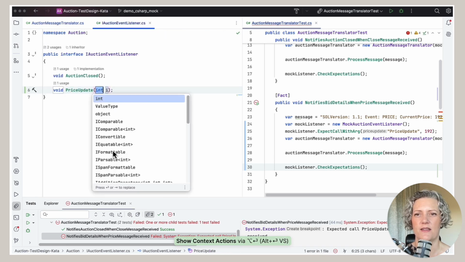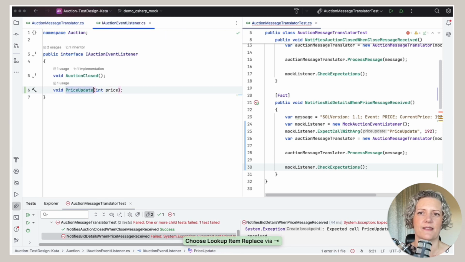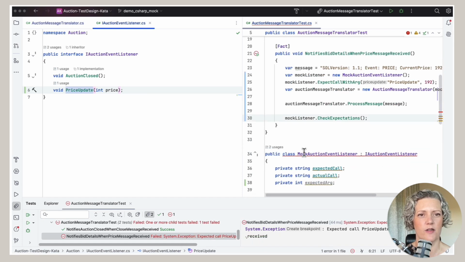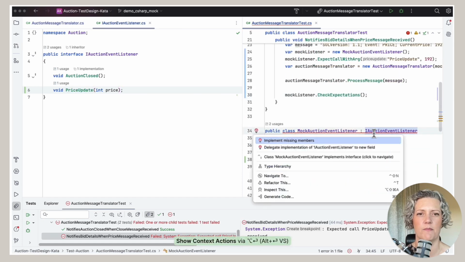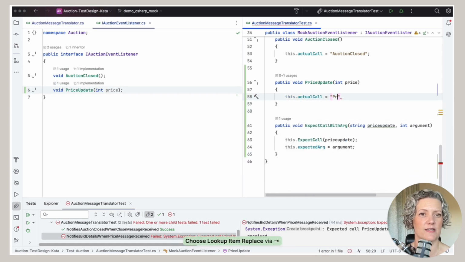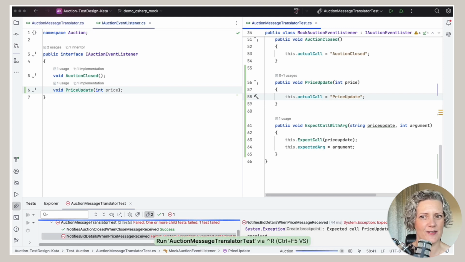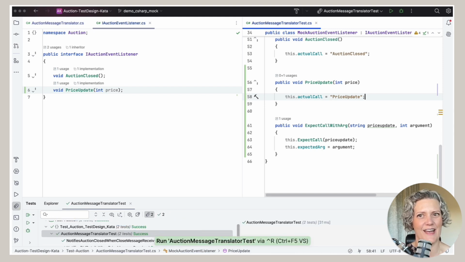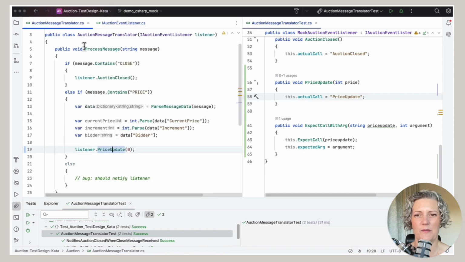Create the new method in the interface. And I need to also add that in my mock because it needs to implement all the same methods as the interface. And there I'm just going to record that I got this call. And that makes the test pass, but I'm not sure I did this so well because I need to also